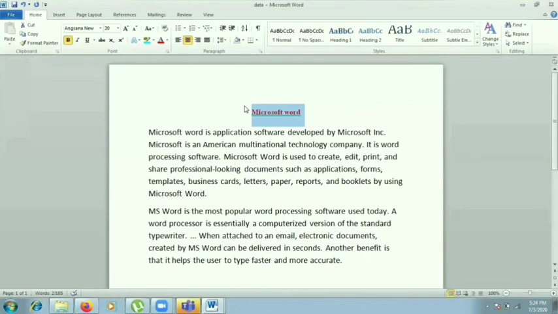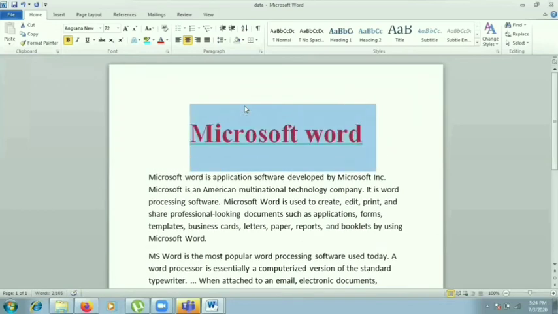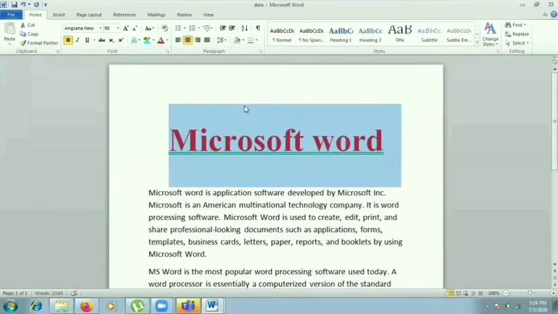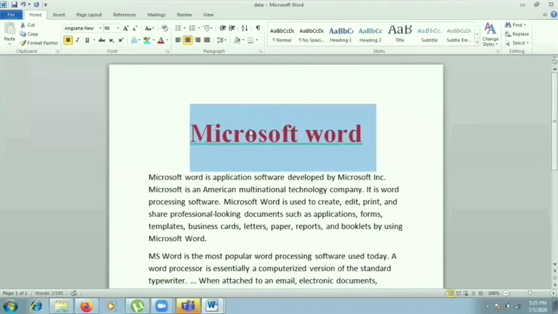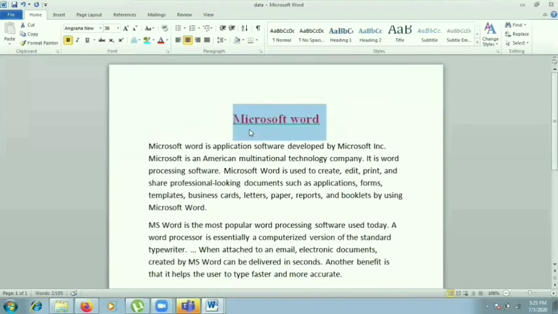If I want to increase the font size, Control Shift greater than. You can see here, Control Shift greater than is the shortcut key to increase the font size, and Control Shift less than to decrease the font size. Clear? Or from here also you can increase or decrease the size.